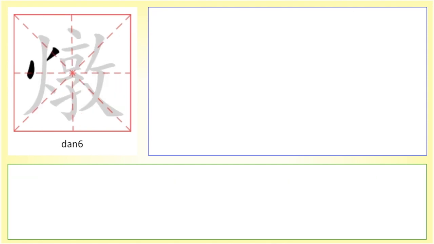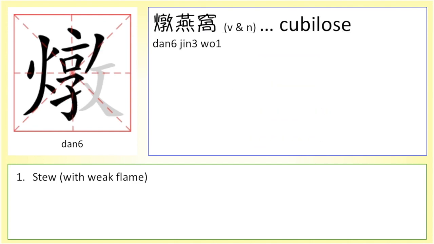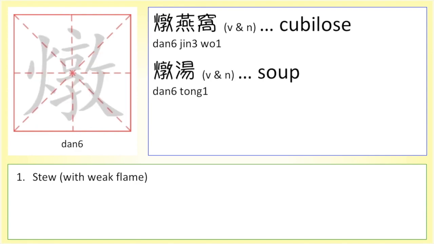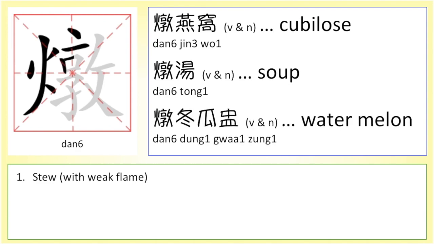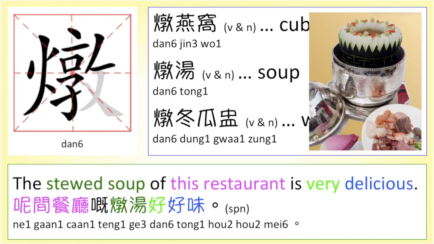The last one is 燉, meaning stew, with weak flame. We normally do it like this. A container which contains food is put into a pot filled with water. When cooking, the temperature of the container can be controlled not exceed 100 degrees Celsius. For example, 燉燕窩，燉湯，燉冬瓜盅，呢間餐廳嘅燉湯好好味。